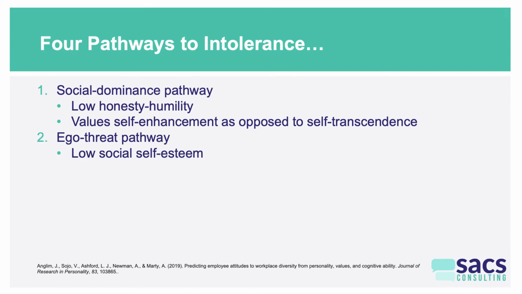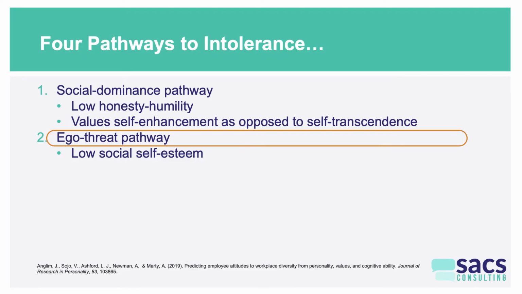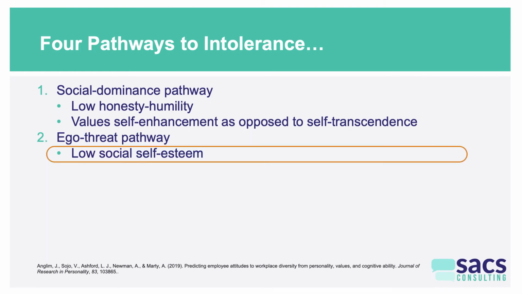Then there's a thing called the ego threat pathway. Have you ever felt that sometimes people are intolerant for reasons of fear, for reasons of being uncomfortable, for reasons of lacking that sort of confidence to be themselves, to be in their own skin? Well, this theory says that that's one of the reasons why people are intolerant. And one of the indicators of that is the personality characteristic of low social self-esteem. Social self-esteem is all about, I feel comfortable. I believe I'm a likable person. I believe I'm a good person. So the theory here is that maybe people who are not like that, people who are real self-doubters, might be more discriminatory against other people, kind of almost to shore up their own self-image.